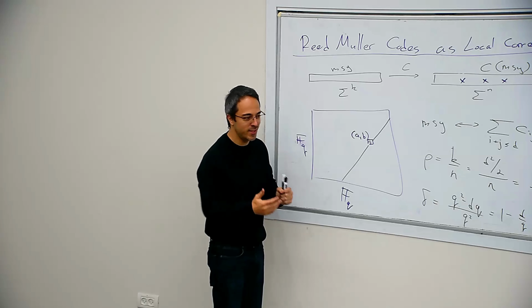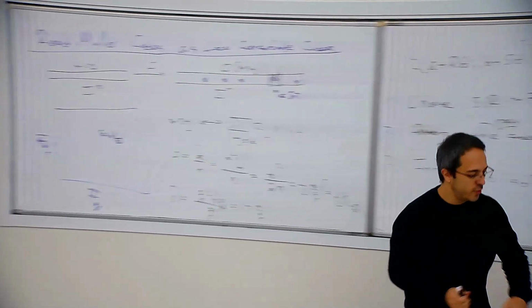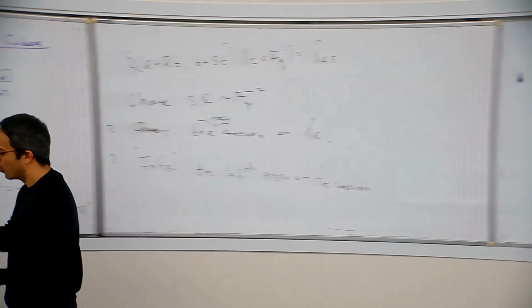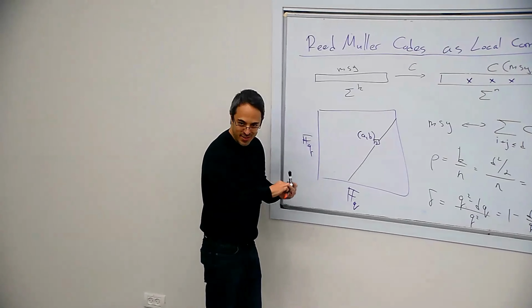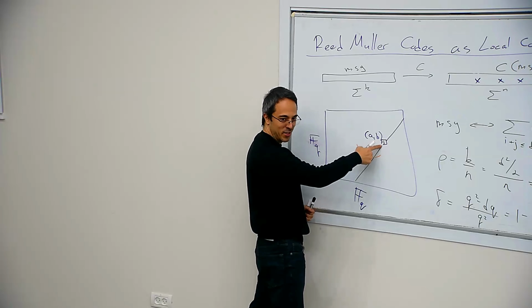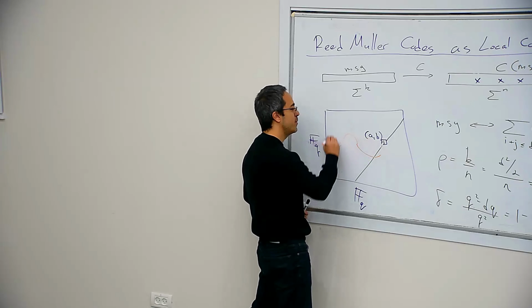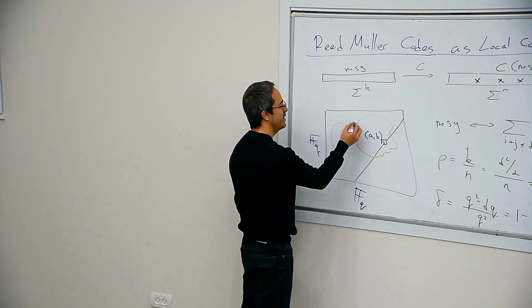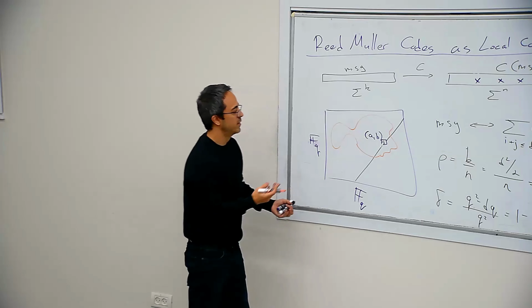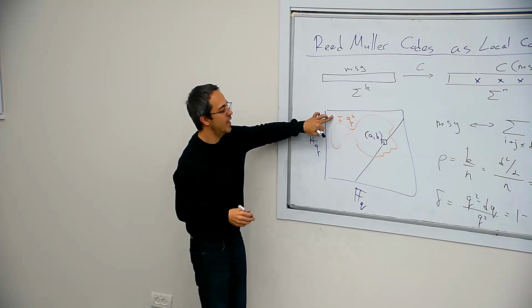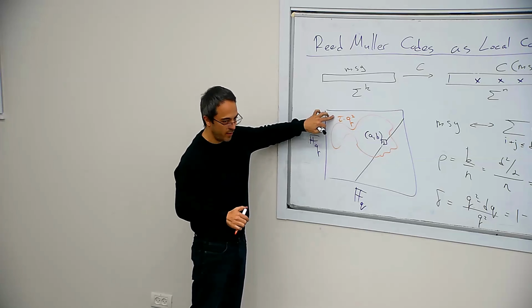So how do I analyze this? Actually, the analysis is really simple. The way you analyze this: think of an adversary. An adversary would definitely put errors here just because he can. He knows you want to read, so he puts some errors here. Not too many errors, but some. Say the number of errors he puts is, I don't know, tau times Q squared. So we are going to say, as long as tau is not too large, assume we can correct this entry.